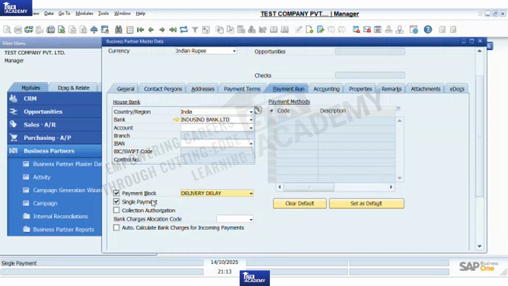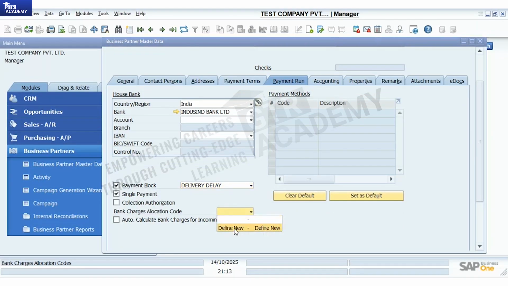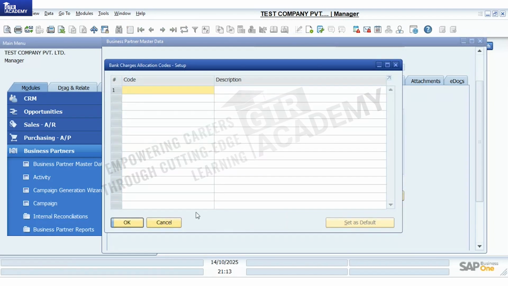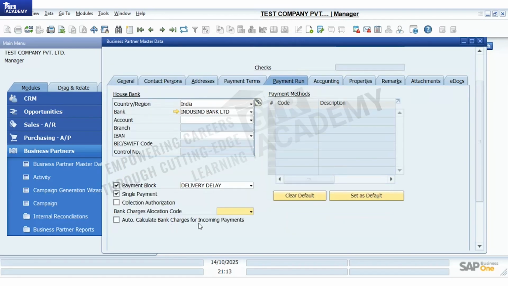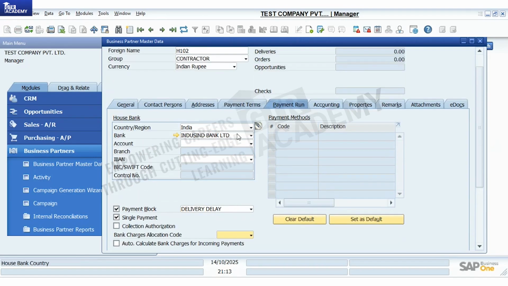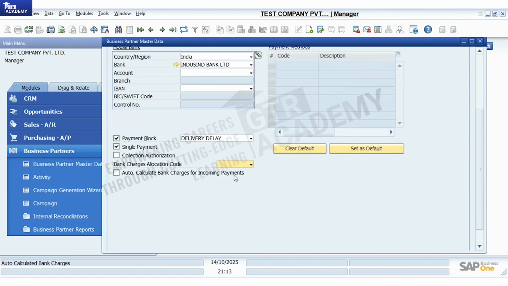There is an option for single payment. It means that if any bills come, then you have to make a single payment. Bank allocation charges, you can create bank allocation charges. Auto calculation of bank charges on incoming payment. It means if we allocate the bank charges, if incoming payments are coming and some of the amount is deducted by the bank, then if we tick here, the bank charge will be automatically calculated as per the allocation and formula. This information can be updated through the payment terms, because more fields are there in